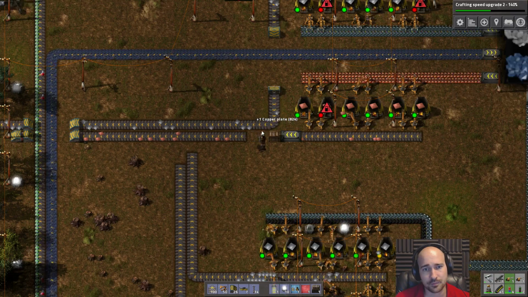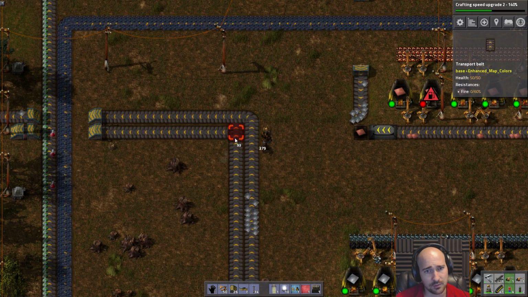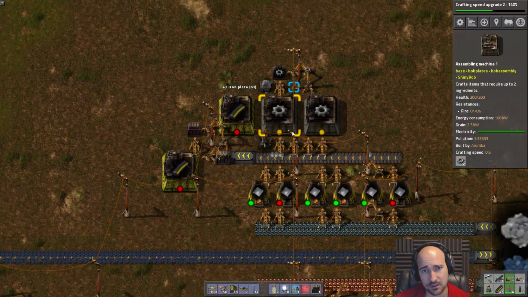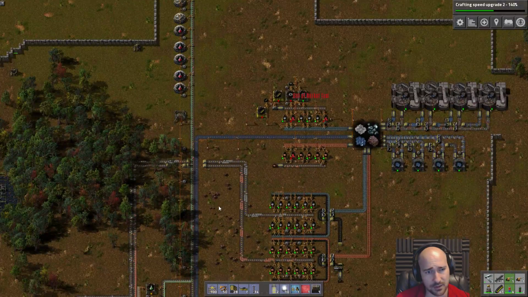I'll leave this one set up for other stuff. This will feed the science area. This will feed weapons. Just weapons, mostly. Just the guns, bullets and stuff. I'll have to keep these manually fueled, annoyingly, but...